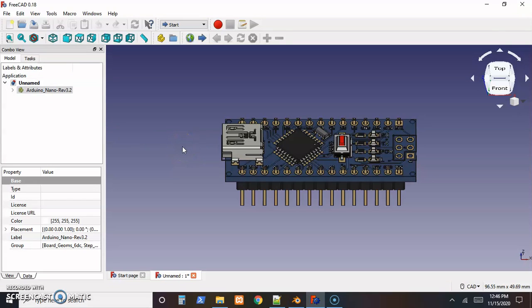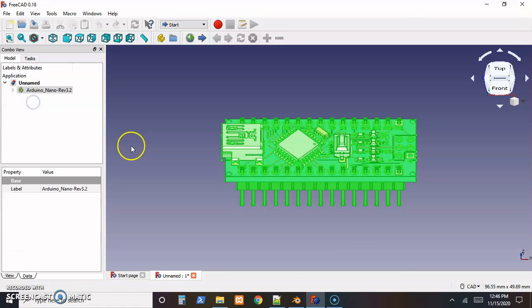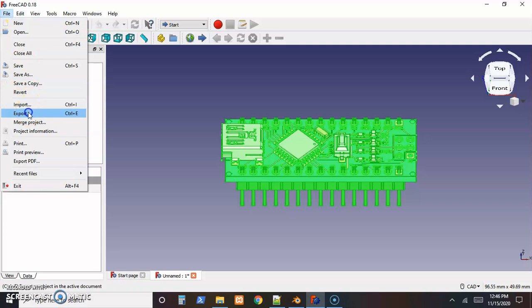I'm always confused every time I come across that. I wonder what the programmers were thinking when they decided that Control A should do something other than select all. But it's up here in the Edit menu, select all the parts. And with those selected, we can go to Export